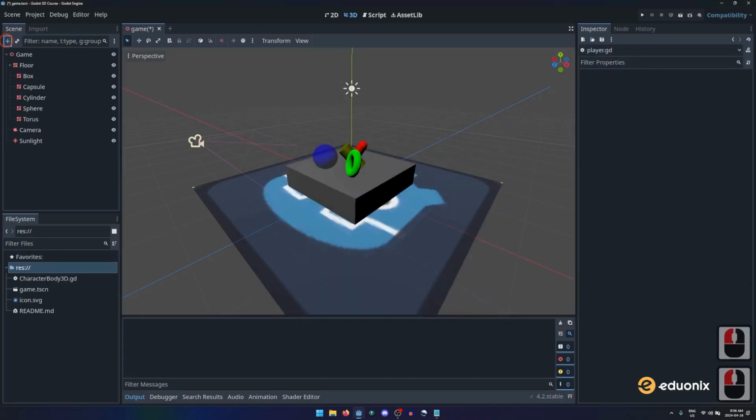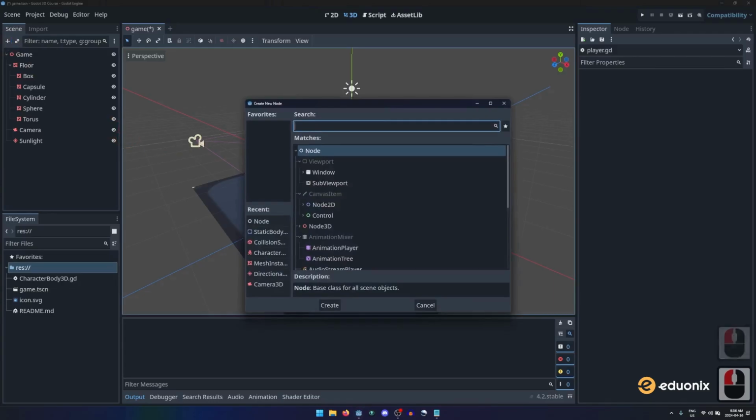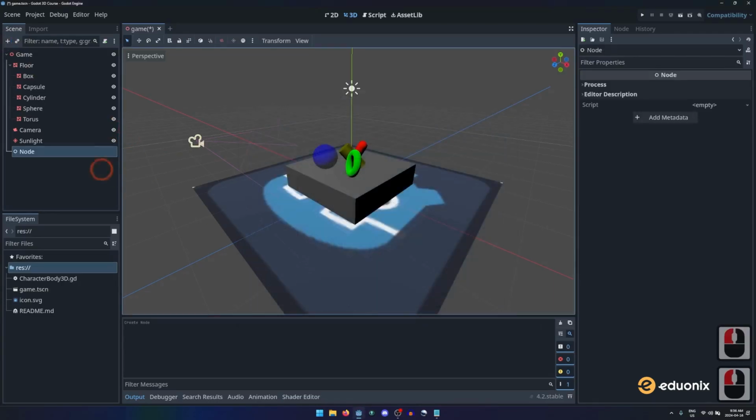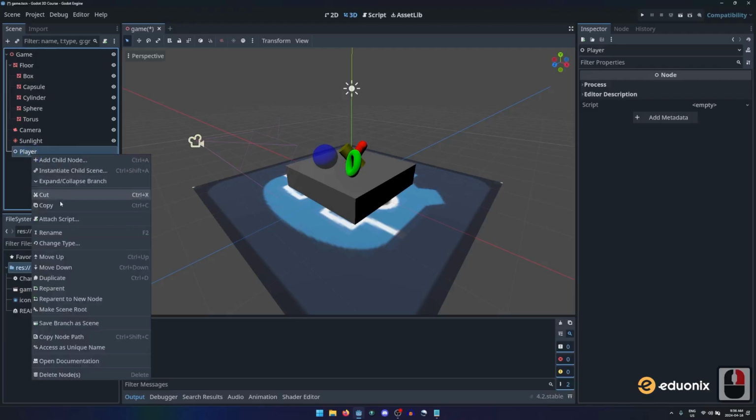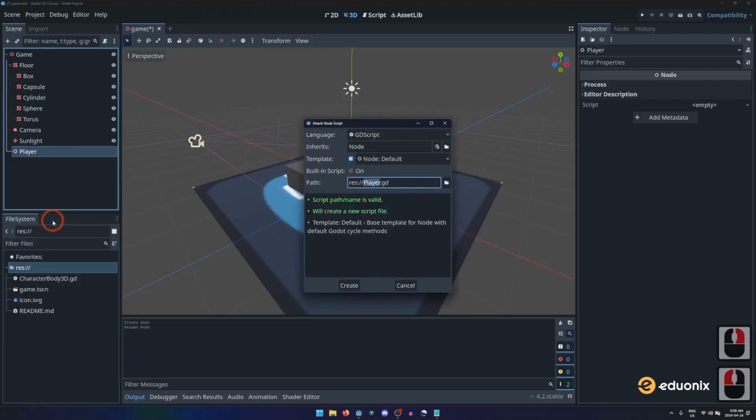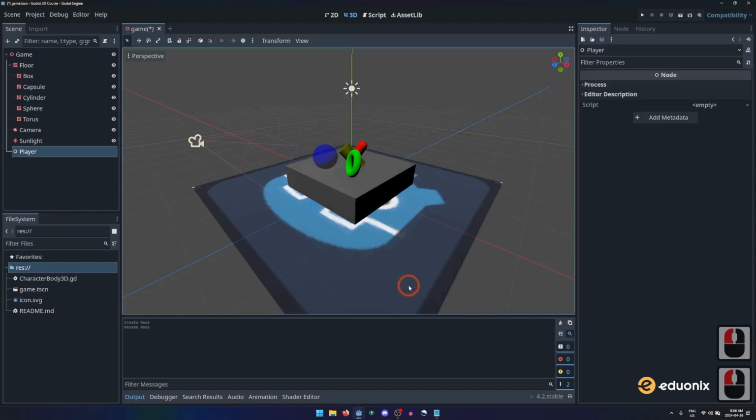Let's create a new node that will react to the input actions we created. This node doesn't need to represent any physical object in our scene, so it can just be a basic node, and name it Player. Anything in our scenes can be given behaviors by attaching scripts to them. Right-click on the player node, select Attach Script, or with the player node selected, click on the Attach Script button